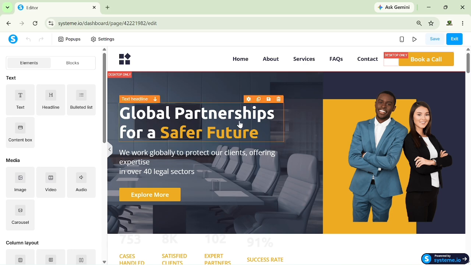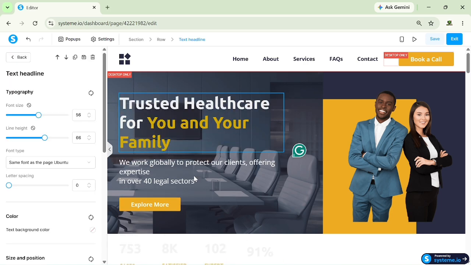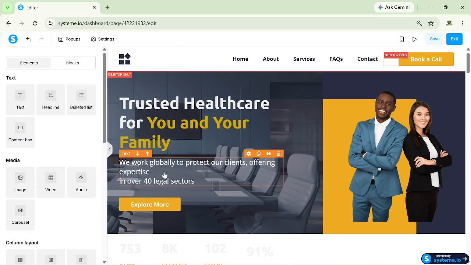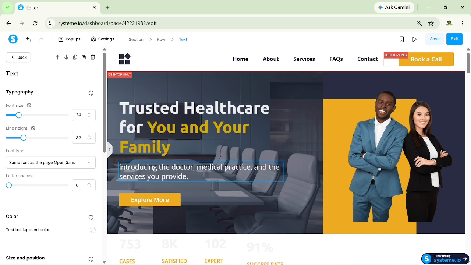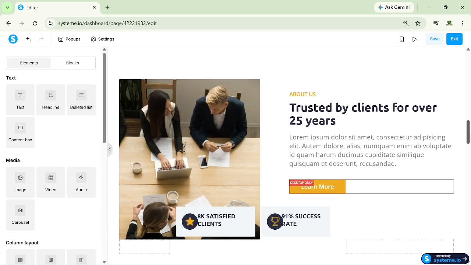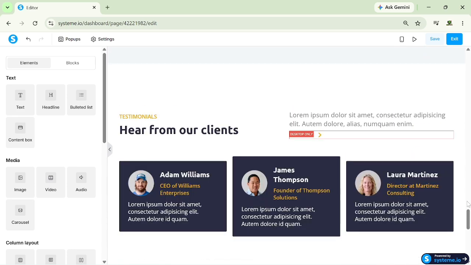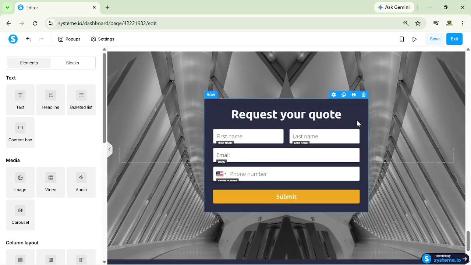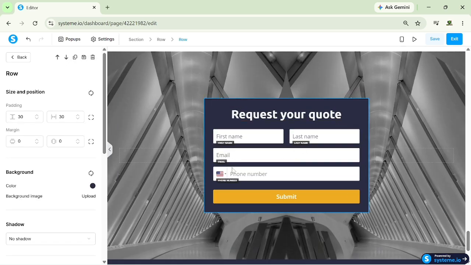Start by adding a clear headline such as, Book your appointment today, or Trusted Healthcare for you and your family. Next, add a short description introducing the doctor, medical practice, and the services you provide. You can also include the doctor's photo, qualifications, years of experience, clinic address, patient testimonials, and contact details to build trust. Now add an appointment request form where visitors can enter their name, email address, phone number, and preferred appointment